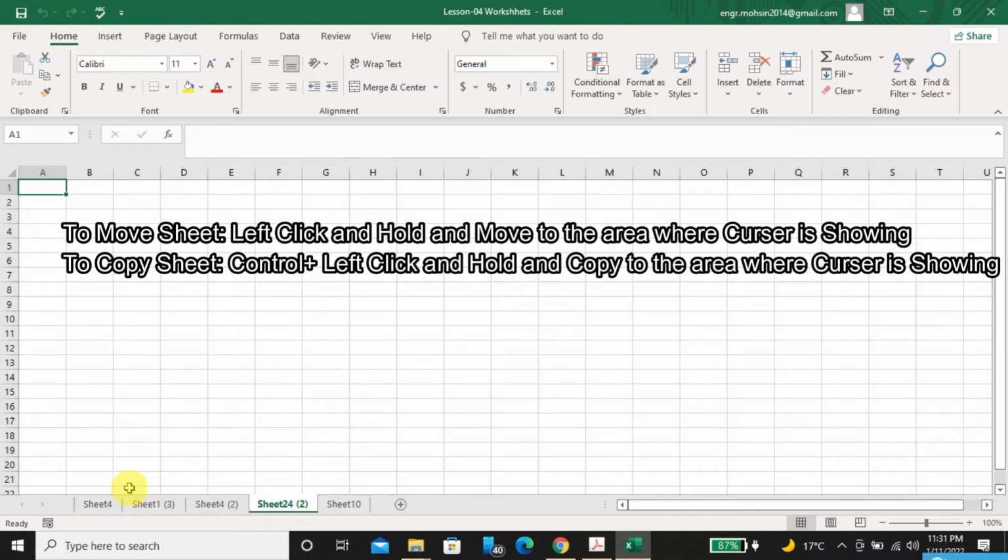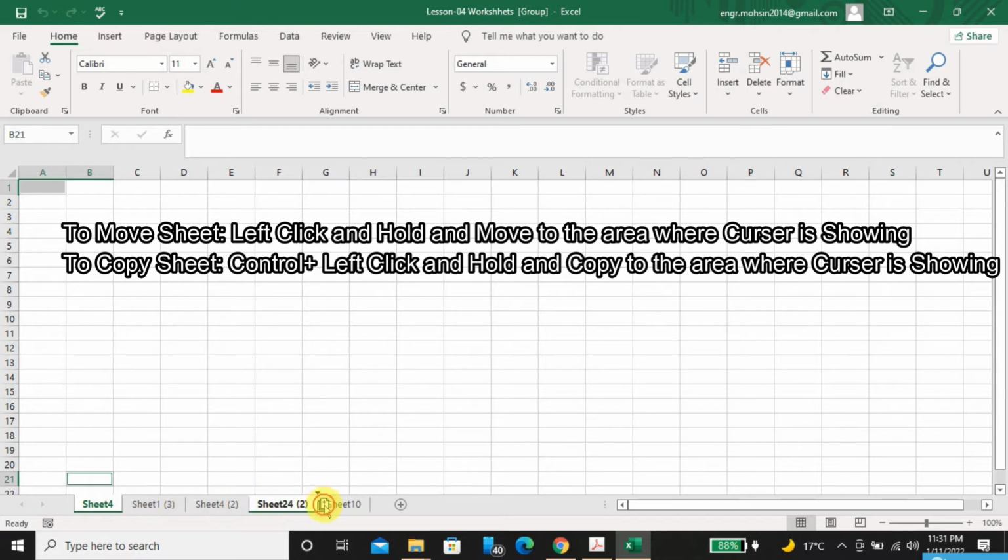And if you want to copy it, click control and then drag on any sheet, and it will be copied where you want to keep it.